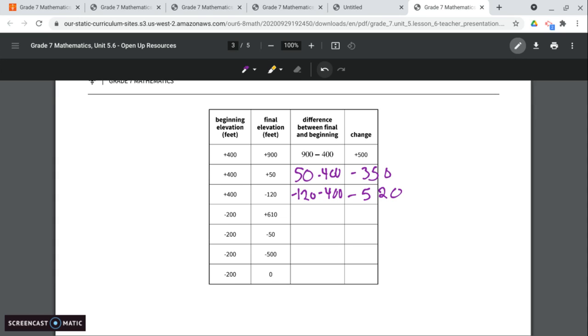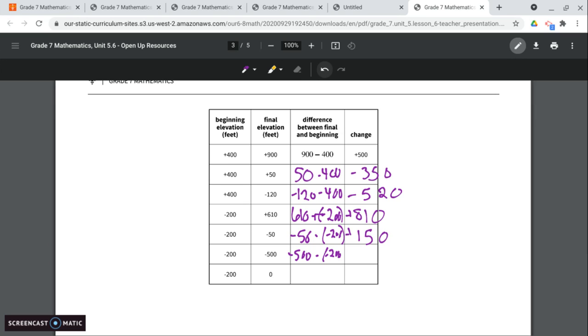Beginning elevation negative 200, final elevation 610. So 610 minus negative 200. So really plus, because remember cross and stab. So 610 plus 200 is 810, a positive change. Negative 200 to negative 50, so negative 50 minus negative 200, that's going to give us a positive 150, so they went up 150. From negative 200 to negative 500, so negative 500 minus